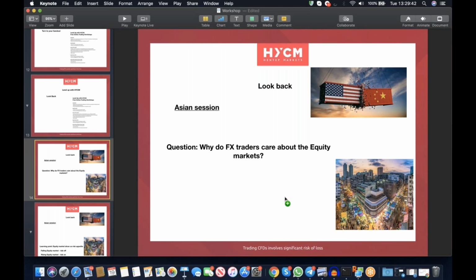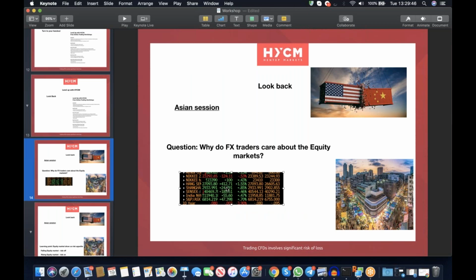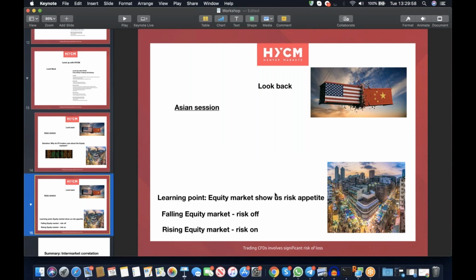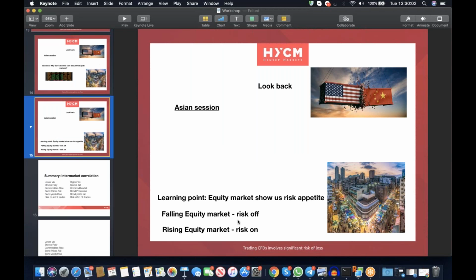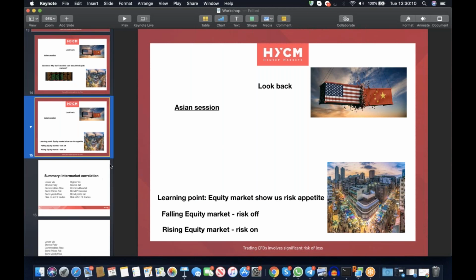So you can just quickly see here that the Nikkei was down 0.5%, Hang Seng up 1.55%, Shanghai up nearly a full percent. So we had this mixed equity bag coming out of Asia. We're looking at the equity markets to show us risk appetite. When there's a falling equity market, we can see risk off. So we did have some risk off tones with the Nikkei 225 down 0.5%, but it was a mixed bag